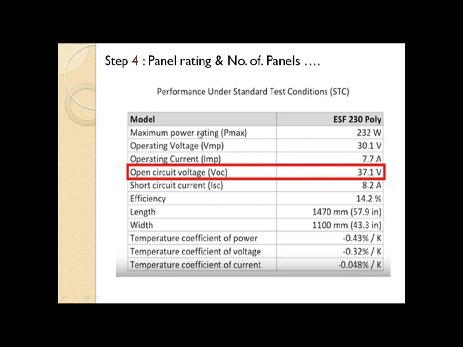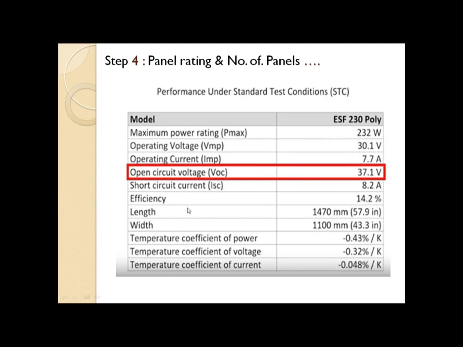Consider that the maximum power rating is the output of the panel, that is 232 watt. Different companies offer different ratings; for example, we have chosen 232 watt as a basic one. Then the operating voltage is 30.1, operating current is 7.7, open circuit voltage is 37.1, short circuit current is 8.2, efficiency